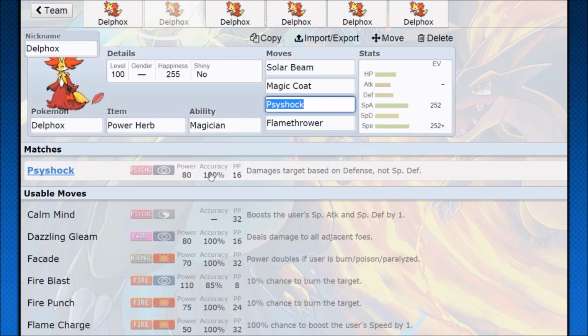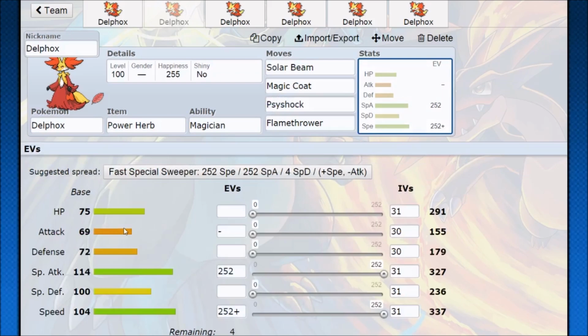So here's the interesting thing, no one's really using Delphox, and you can kind of see why, that there's a lot of bits and pieces. Some things seem like they'd be really awesome, but they don't really come through as much. I was looking, I was like, Delphox should be busted, but in practice, it really isn't. And it's just because the speed isn't quite there to be a sweeper, the offenses work well, but not well enough. I was running a lot of damage calculations, and even on a lot of neutral hits, it's